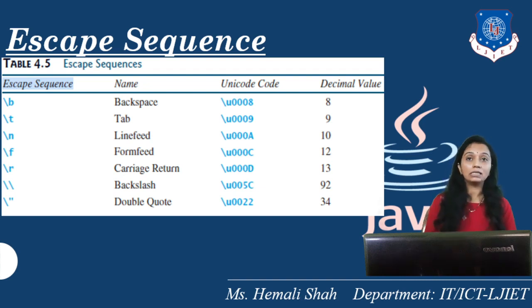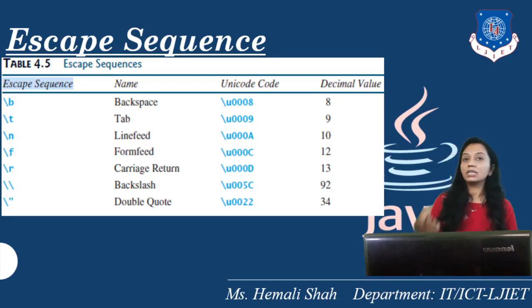If you want to print only a single slash, you have to use double slashes, because a single slash will be considered as an escape sequence and it will not be understood by the compiler, and it will generate a lexical analyzer error, and there will be a compile time error in your program. So these escape sequences you have to use whenever you need this particular mechanism in your println statement, or whenever you need it in your string, right? Double slashes will print a single slash, backslash r is carriage return.